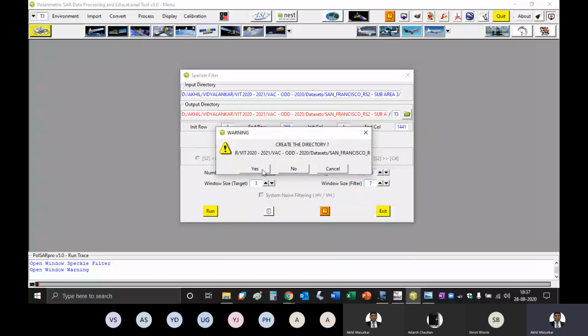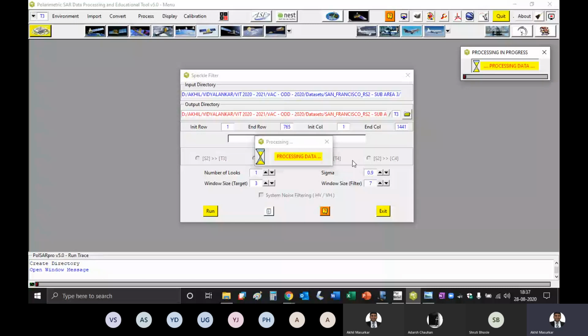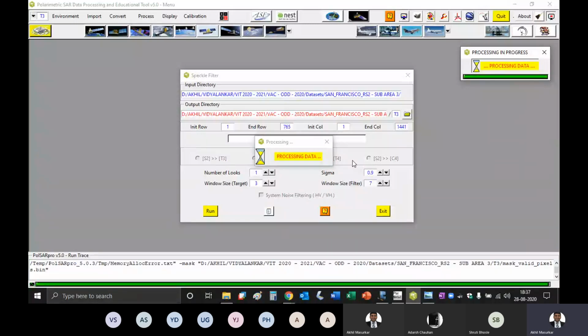Do you want to create the directory? So Pulsar Pro is asking you, so answer is yes. So it should give me a Sigma folder. In the meantime, can you just post your poly RGB that you had got before in the chat box?